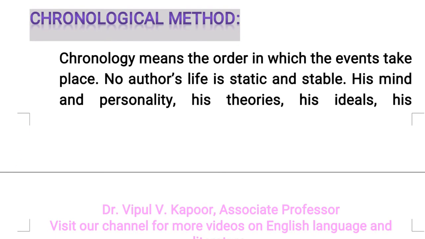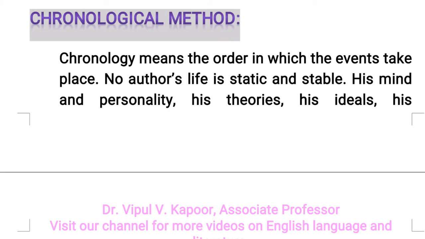And the third one is the chronological method of studying literature. Friends, what does chronology mean? Chronology means the order in which events take place. Say, for example, I brushed my teeth, I took a bath, I got ready and I went to college. These four events took place in proper order. So which event took place first and which second? You have to understand the chronology of the events. In literature,